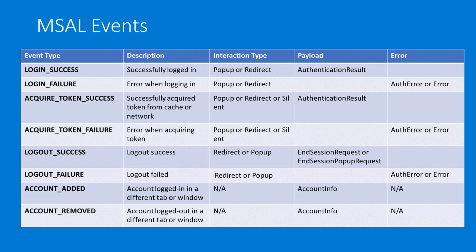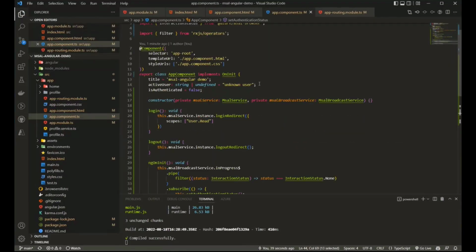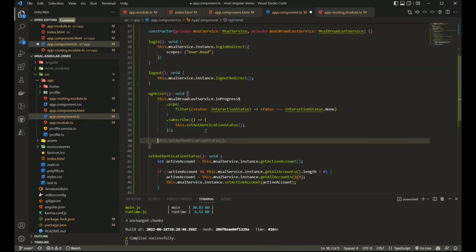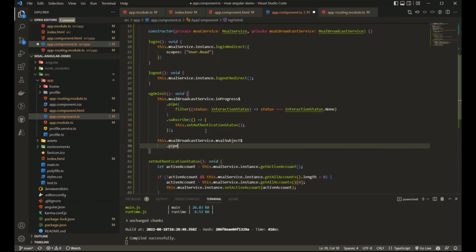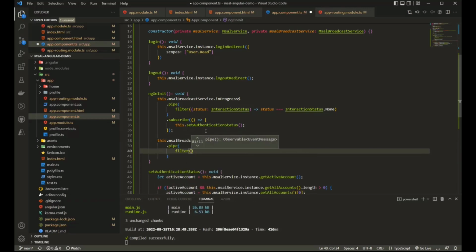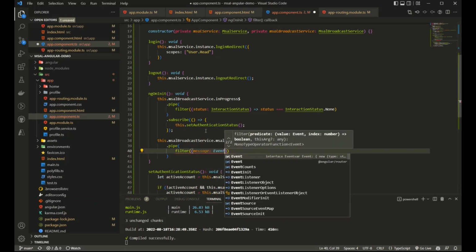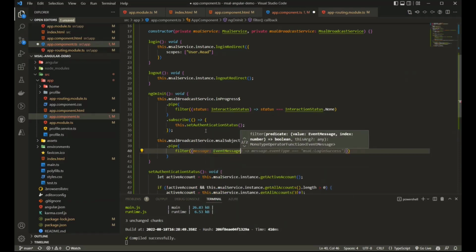So I'll go back to my app. And I'll go here. So this broadcast service will allow me to access that. And this is going to be the MSAL subject observable. And there I want to filter out the login success event.